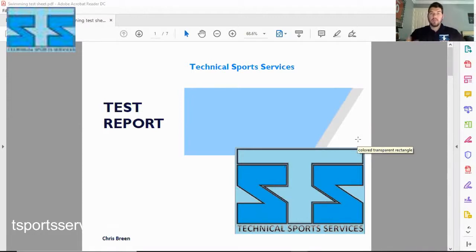For the purposes of this, it is all based around stroke count, stroke rate, time, underwater distances off the wall. And then from the end of that, we've put out a meter per stroke based on the other information. We've taken different parts of the race and put them into this program, and it has generated this report that can let you see differences that you might not pick up on usually.